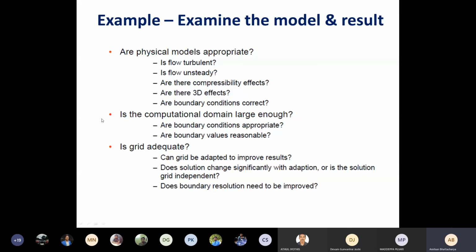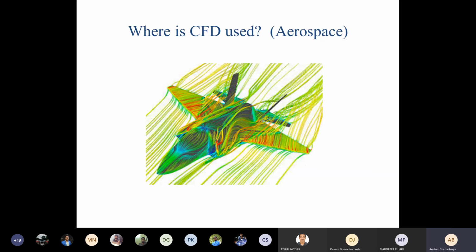Other things are that whether the results are physically consistent or not. Like with our understanding of physics, whether the results are coming similar to that or not. You are giving some heat source to a problem with constant or adiabatic boundary condition, and your numerical solution is showing that your object is cooling with time. It means that something has gone wrong. If your heat source is positive, temperature needs to increase. So consistent physical condition means that temperature should also increase in your results. So that has to be satisfied.